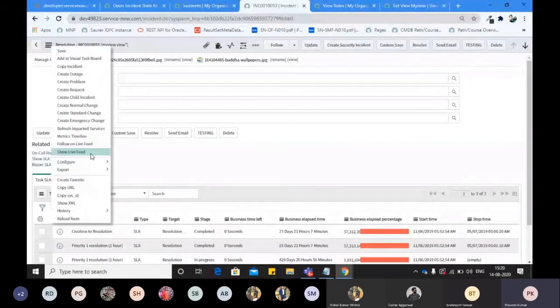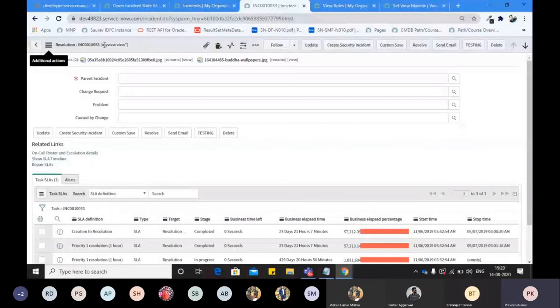Where is view? Okay, so that is not a configured thing, right? Right. So guys, first of all, tell me, is it clear to all of you what the purpose of a view rule is?